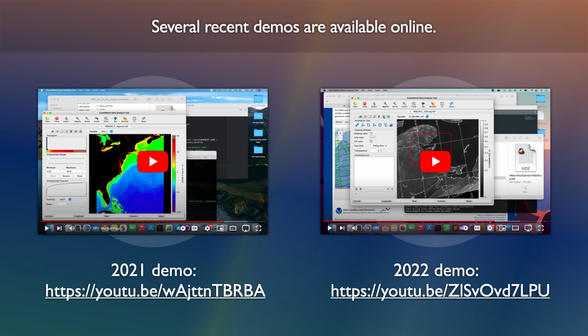Now, there are several videos of using the package, and 2 of the latest demonstrations are on YouTube. You can click these links and watch them to get a sense of what the software does. The 2021 demo shows an example of compositing and rendering chlorophyll data and viewing the output in the CoastWatch data analysis tool. The 2022 video shows downloading a Level 2 VIIRS chlorophyll data file, getting the file information, calculating statistics, true color correction, registration from Level 2 to a map projection, rendering to an image, and viewing the Level 2 and 3 data in the CoastWatch data analysis tool.